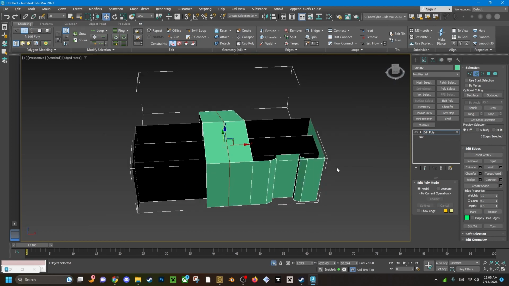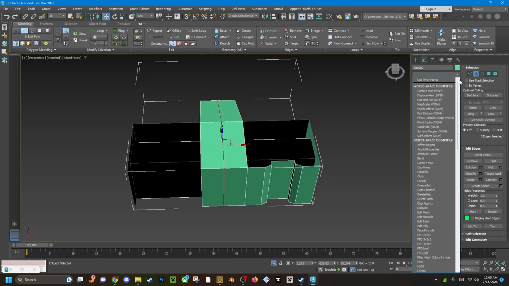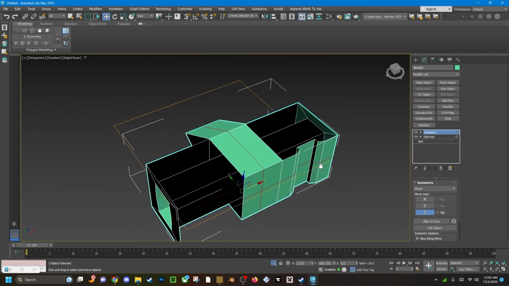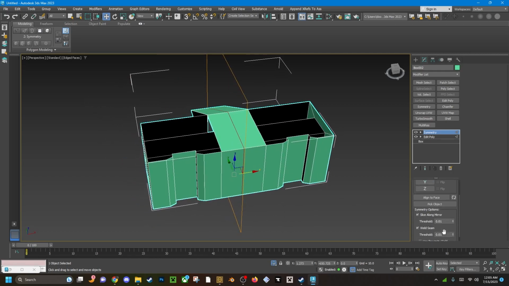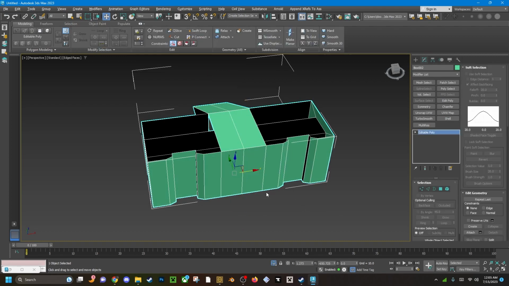Now what we're going to do is duplicate this half to the other side. So we're going to go to our modifier stack, and we're going to search for the symmetry modifier. Yep, symmetry. Now we're not going to do the z-axis, obviously. It's going to look really goofy. We're going to do X, and we want to make sure we use our proximity weld. We're going to check that box,